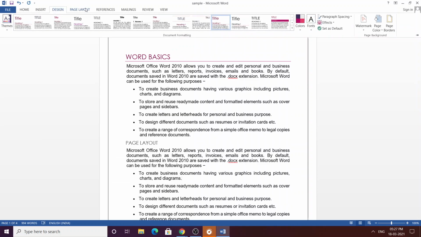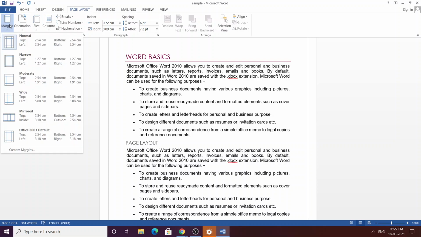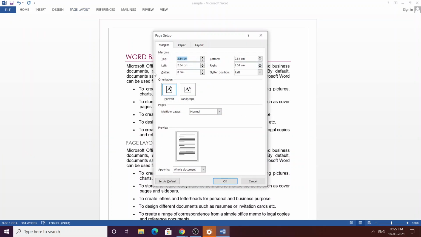The next tab we are going to see is the Page Layout. Under the page layout, we have margins. We have many styles here too, namely normal, narrow, moderate, wide, mirrored, etc. Based on the need, you can customize your margins too. So click on custom margins.